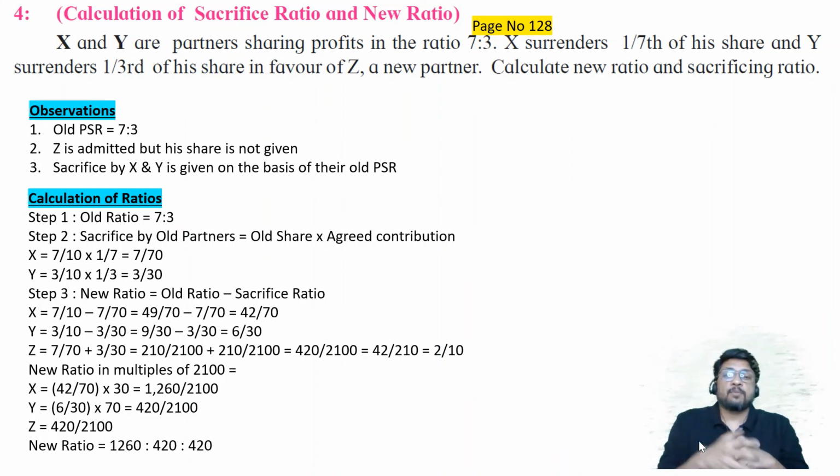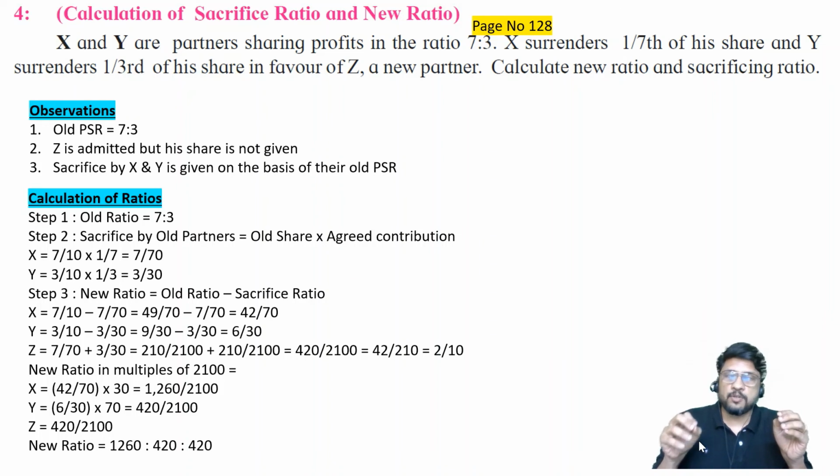And in the next lecture, I'm going to consider the last part of theory, that is the accounting entries on valuation of goodwill. Once that is complete, then our entire theory on admission of partner is complete. So we can start with practical questions. I am planning to consider 13 to 14 questions for the purpose of admission of a partner. Once that is complete, then we'll be going for the next topic.